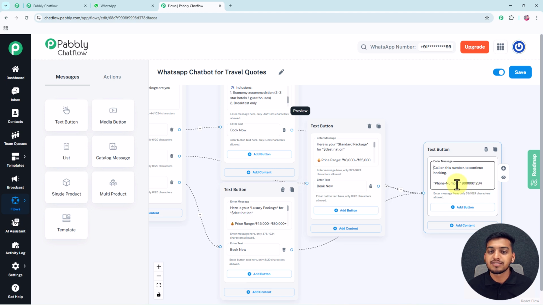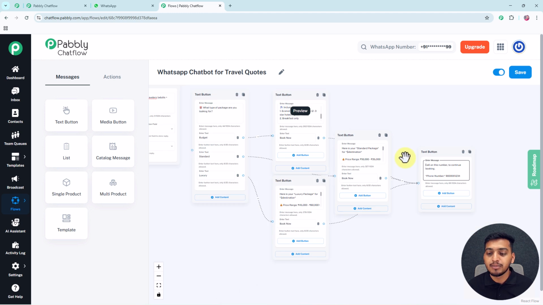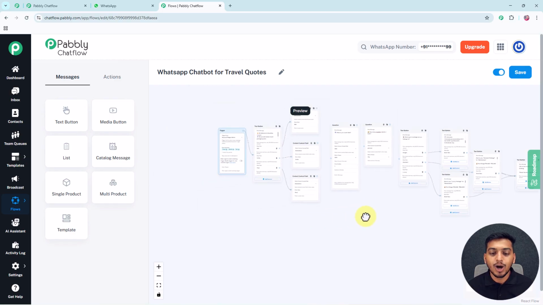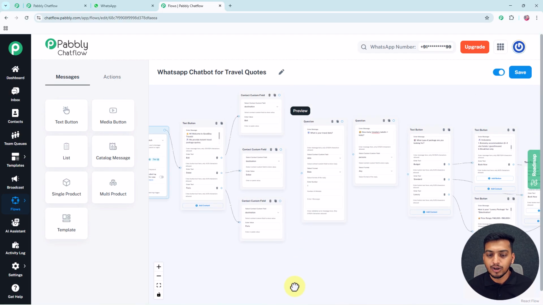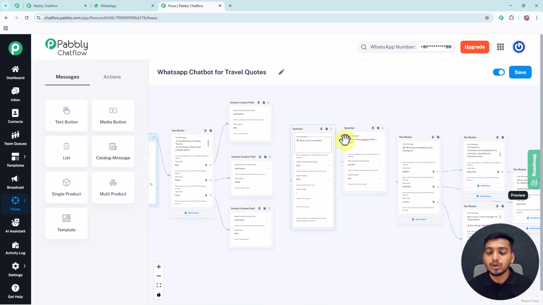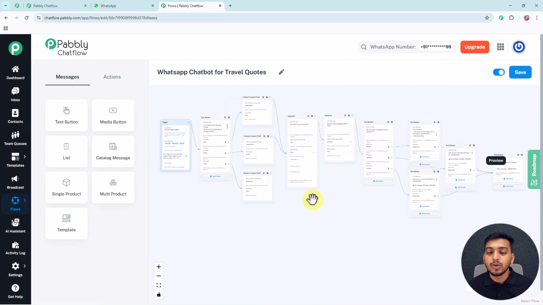So with this we have successfully created a WhatsApp chatbot for ourselves. And now I will quickly connect each of these circles to make sure that these boxes follow each other. So here you can see I have connected all of these circles, and as my workflow is now completed, I will click on this save button to save my workflow. Otherwise, if I do not click on save workflow, then my chatbot will not work.